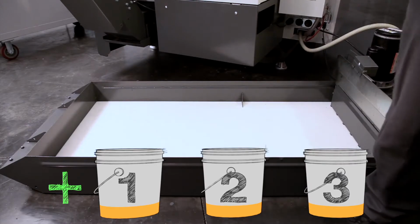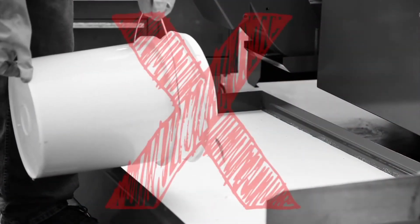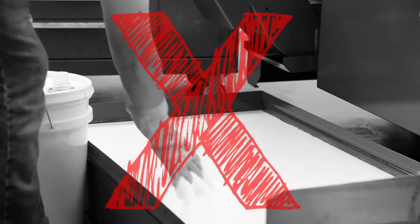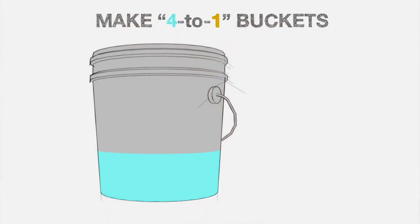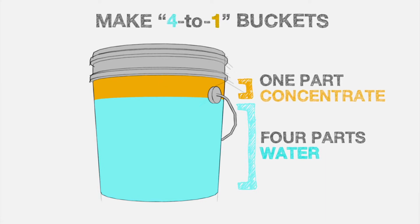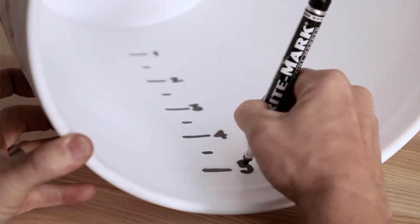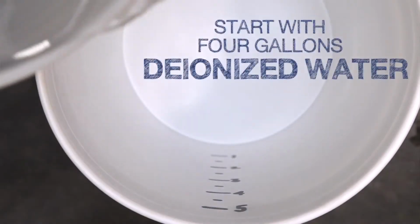Now we know how much concentrate to add, but we can't just dump it in the tank. You have to mix it with water before adding it. When manually mixing concentrate with water, we always use a 4:1 water to concentrate ratio. Most coolants mix readily at 4:1. Check with your coolant supplier to be sure. We use a graduated bucket that we made with some simple measurements and start by pouring in 4 gallons of